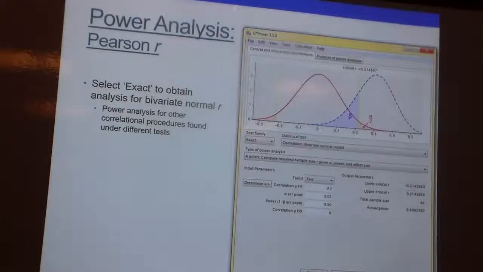So again, we're saying that 80 times out of 100, if the population correlation is 0.3, that real value that we can never see out there in the universe, and we have samples of 84, about 80% of the time we're going to find a correlation that we're going to claim is statistically significant. The other 20% of the time we're going to have something that ends up being too small, and we're going to fail to claim statistical significance. Okay. So just as a refresher for power,